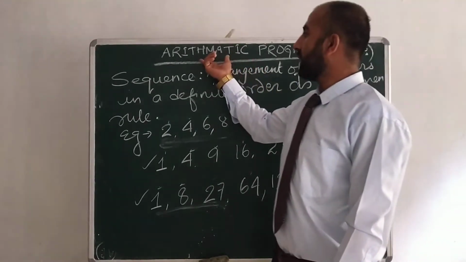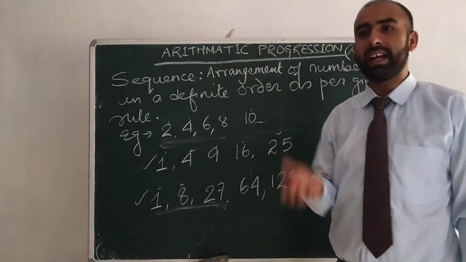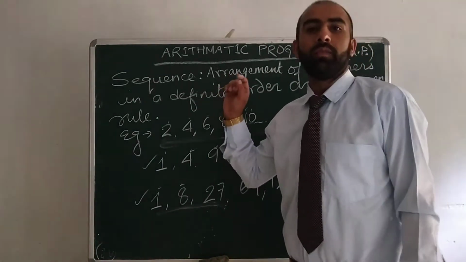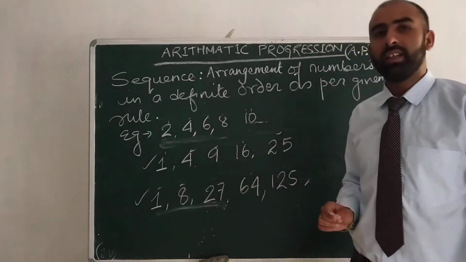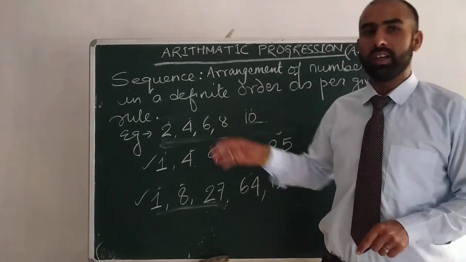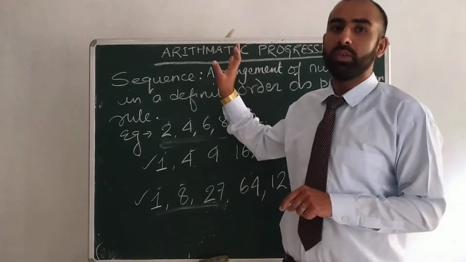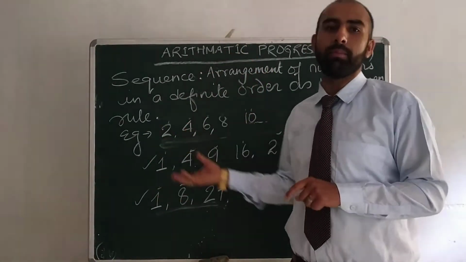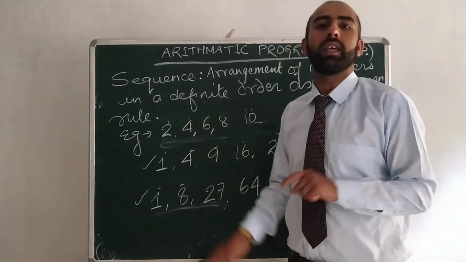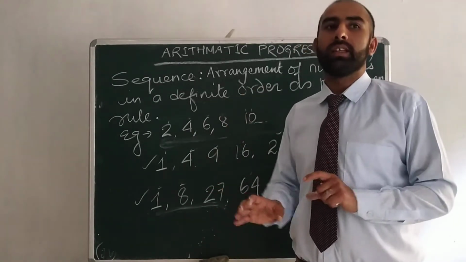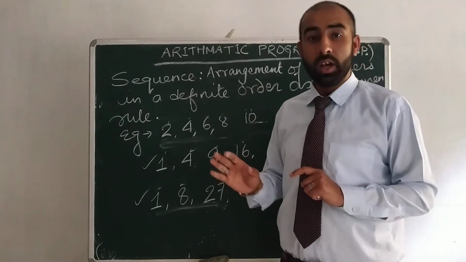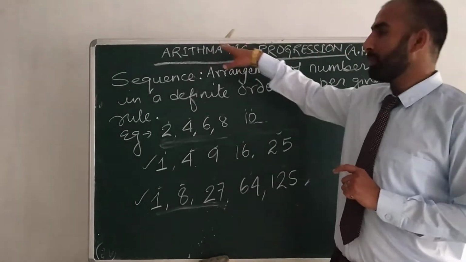So before we go to the arithmetic progression, let me tell you an interesting fact. Suppose you are asked to add all the natural numbers from 1 to 50. What will you do? You'll just add it up: 1 plus 2, 3 plus 3, 6 plus 4, 10, and it goes on. In this chapter we are going to learn to add this kind of numbers using a special formula. That is why this chapter is very interesting. If you see and follow the instructions properly, then it is one of the easiest chapters in class 10 ICSE. So let us start with arithmetic progression.